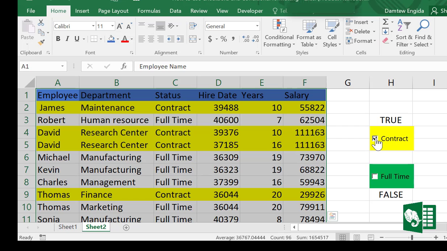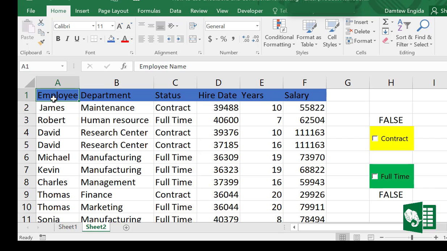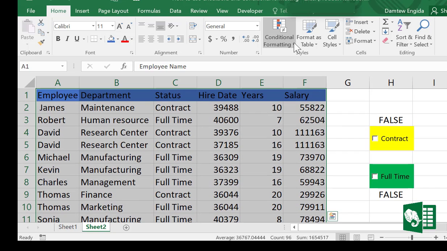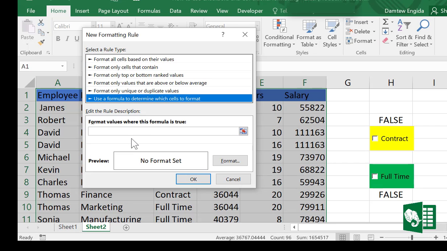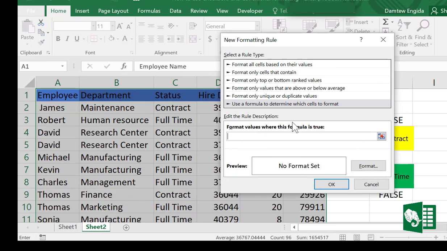In the same manner we'll create a new rule for full-time. First, go to new rule, and you can enter the formula here, and open brace. We'll select C1 and double press F4, is equal to